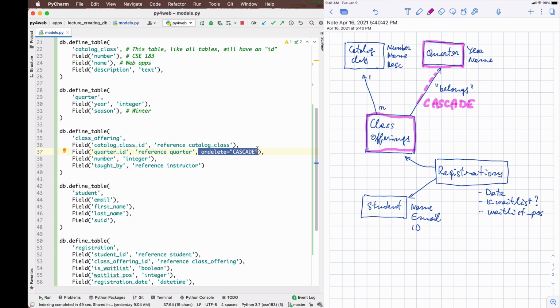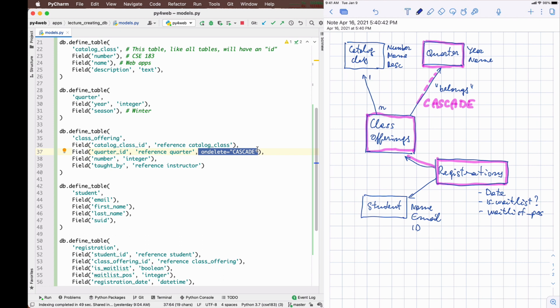Once you delete the class offering, the cascade again would cause you to delete the registration for all the students that used to be registered in that quarter. This, by the way, tells you also that when you design a database, you need to make a choice of how and when things are deleted. Sometimes you really want to delete information from the database by just removing it. You can decide that spring quarter 2021 doesn't exist anymore, hence this class simply ceases to exist and everybody goes home immediately, right? And there is no trace that it ever existed.